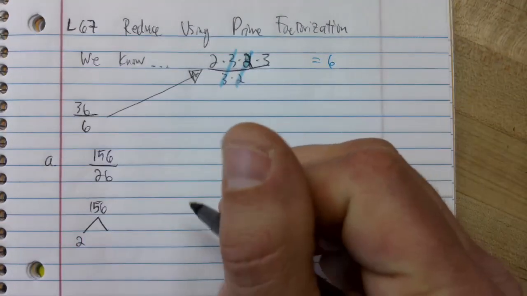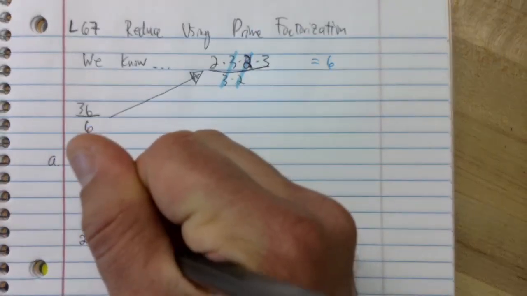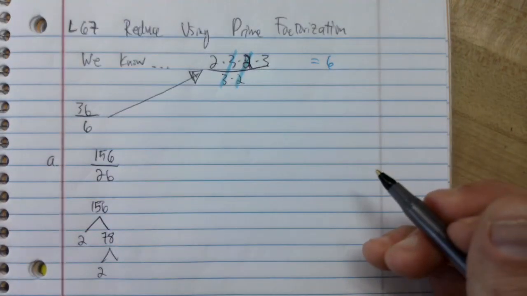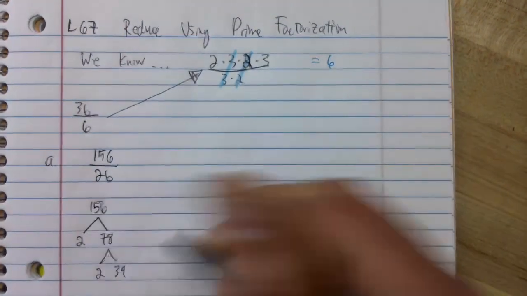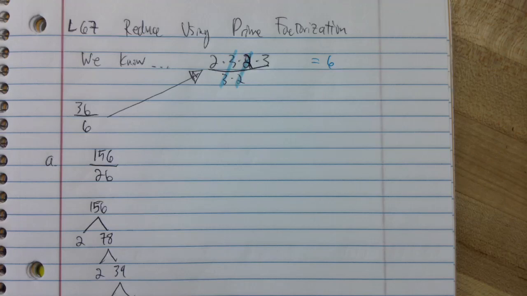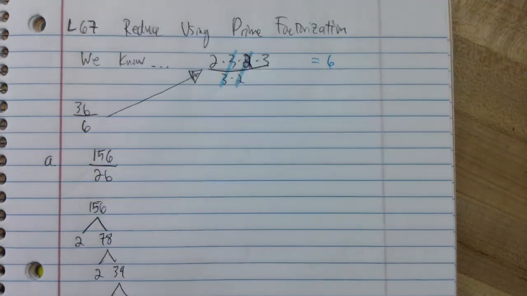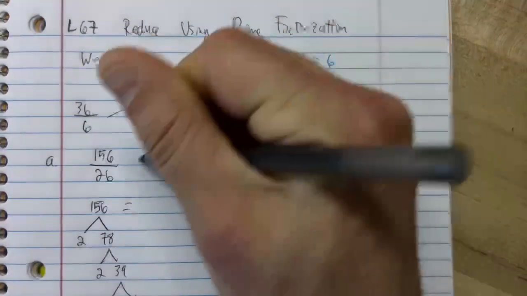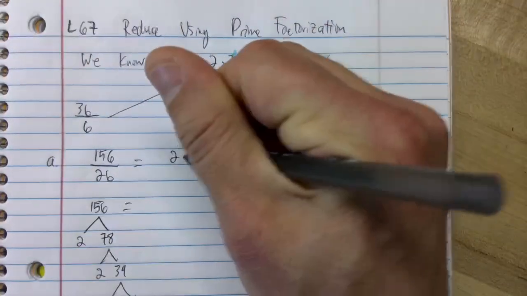2 and 78. Still even, so we'll do 2 and 39. Oh, 39. 39 sounds prime. But don't believe it, it's not. It's divisible by 3. All right, think back to our 3 rules. So we have 3 and 13. So here's what I got. 156 is going to be 2, 2,